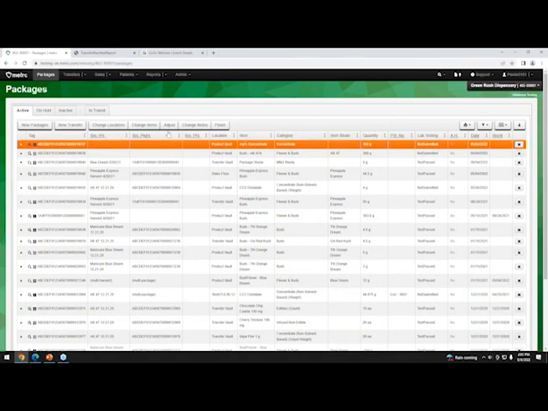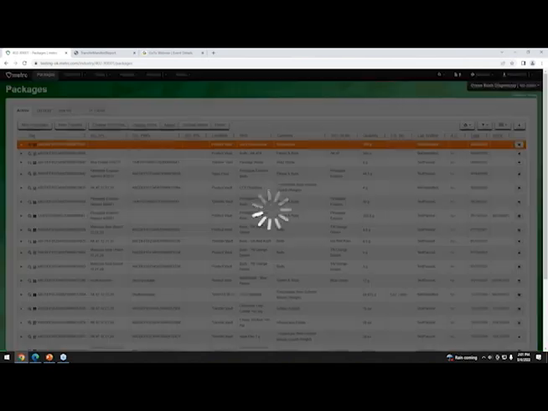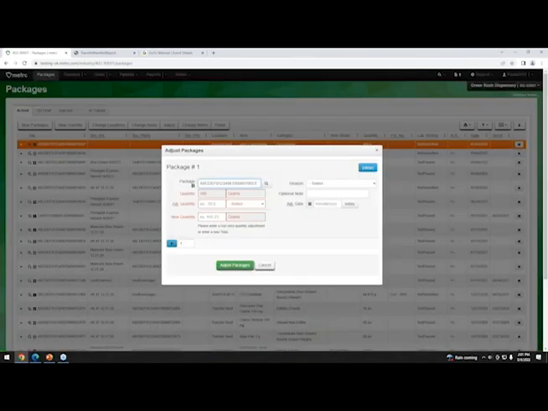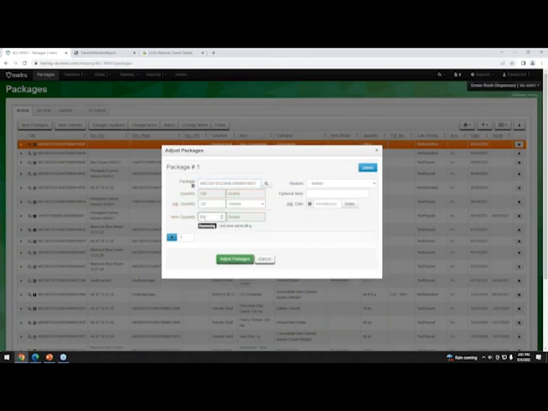Also, if you wanted to adjust, you would just hit adjust. Maybe something spilled and you lose some product. You enter in what the new quantity is, or you can do it the other way and put in -20 or whatever have you.